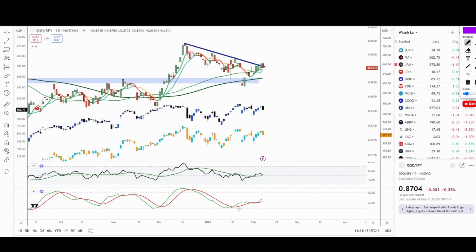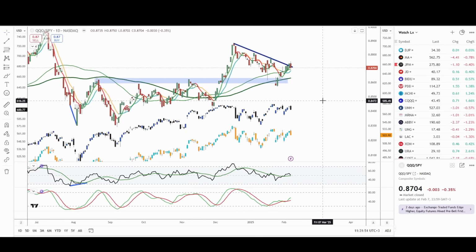In addition to that, look at the stochastic, which formed a bullish cross here, another bullish cross. This means we have a bullish divergence, because this is a higher low versus a lower low on the ratio chart, as well as the fact that the NASDAQ formed a higher low versus the prior week when the S&P made a lower low last week versus the week prior. This tells me the NASDAQ is leading, and we will likely see tech lead the market in this next little rally, likely to go back to these highs, 538, and potentially even exceed them to make a new high